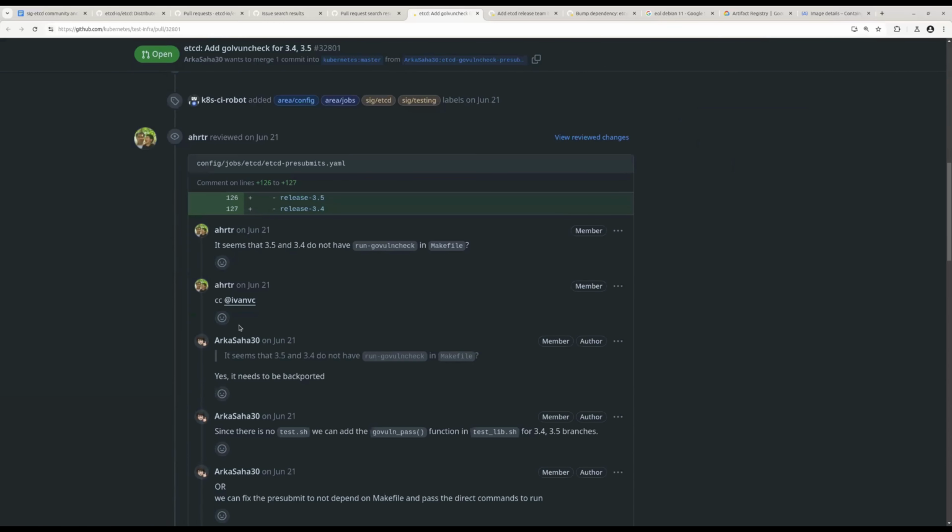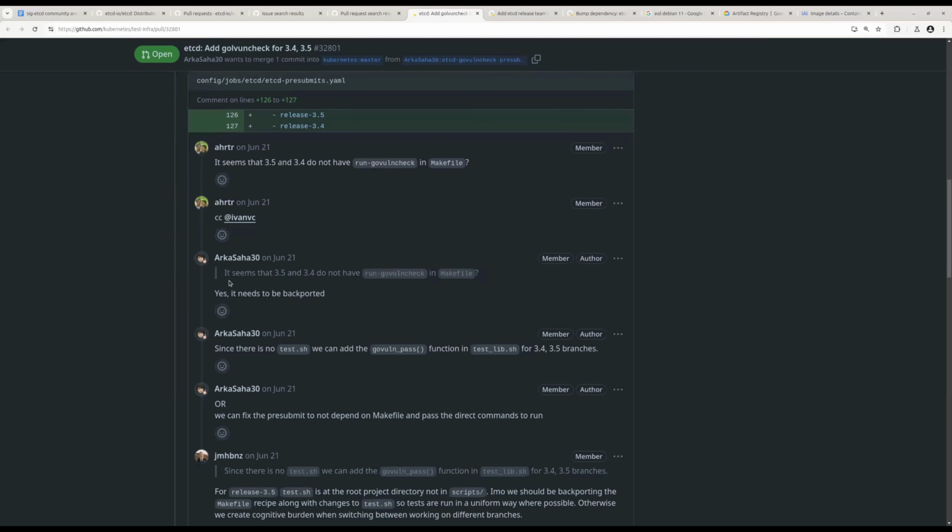Just let me go through a little bit forward to see what the last conversation was on that. Yeah, me too. I'm just having another read. So I think we had to backport something because the makefile recipe didn't have a